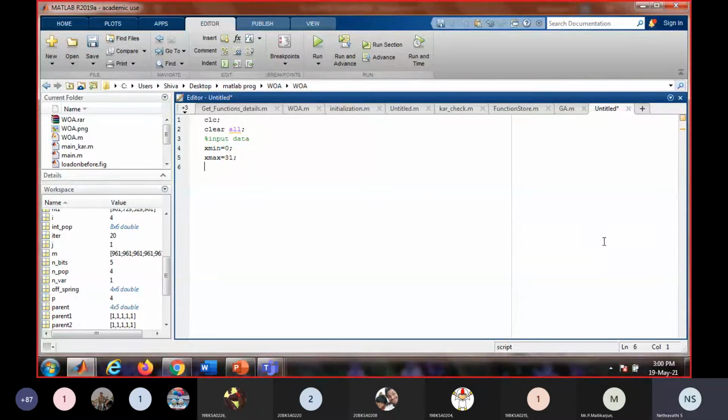And then what is the number of population we have assumed? We have assumed the number of population to be 4. And how many bits are we using to represent each solution? We are using 5 bits. And then how many variables are there in our optimization problem?